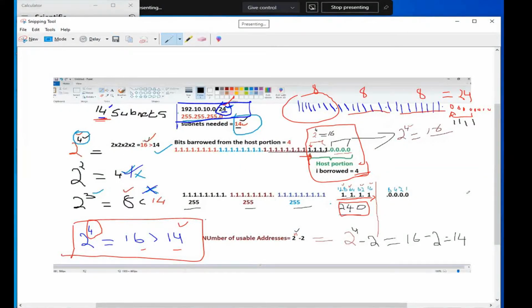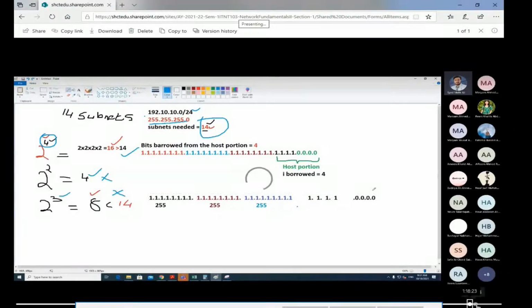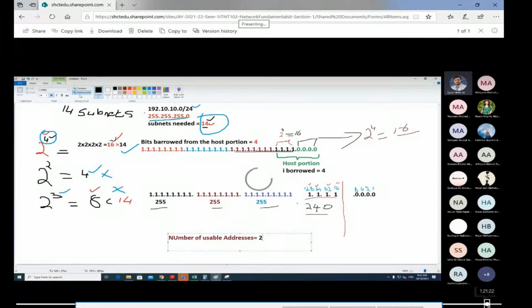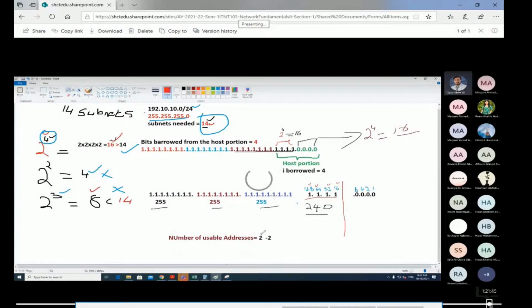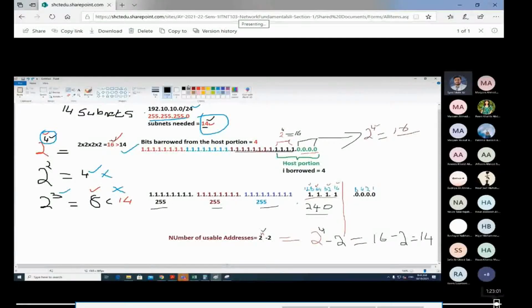Last time we saw this and filled in the details here. Now let me go to this one, and the number of usable addresses, leave it here.